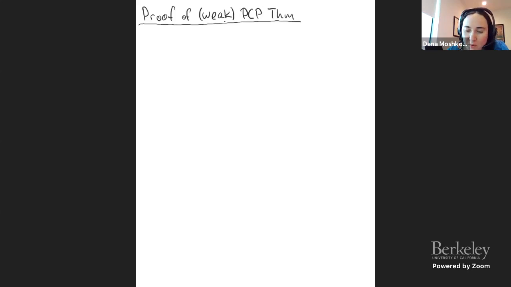Okay, so Irit presented the PCP theorem yesterday. PCP means probabilistically checkable proofs, and it has many different formulations. The formulation that she gave was as follows. You can take any graph G, and in polynomial time convert it into a graph G tilde, such that